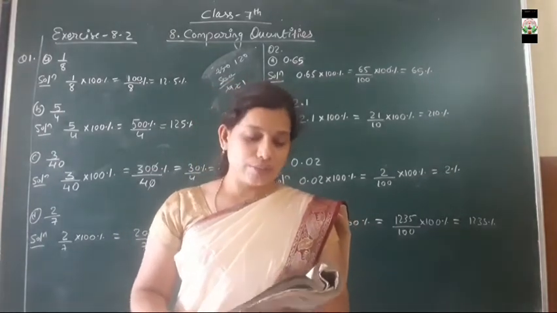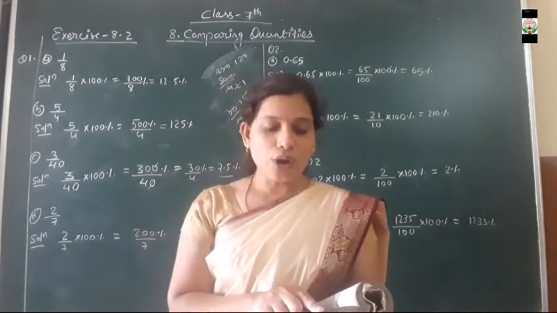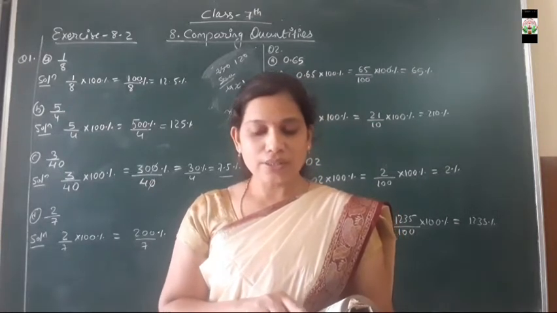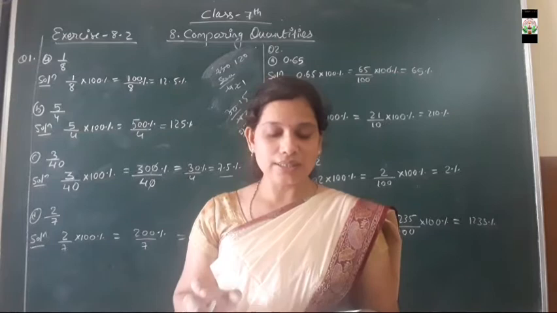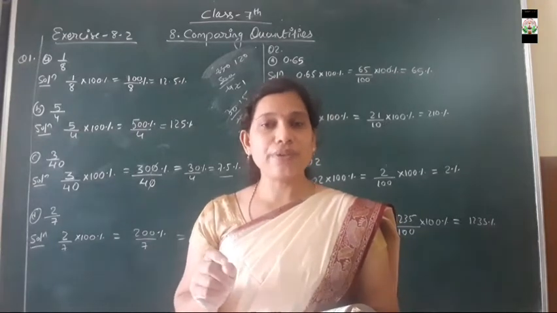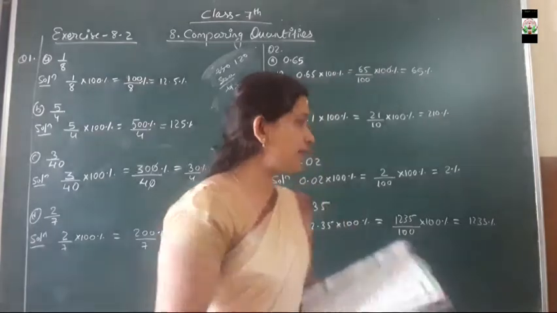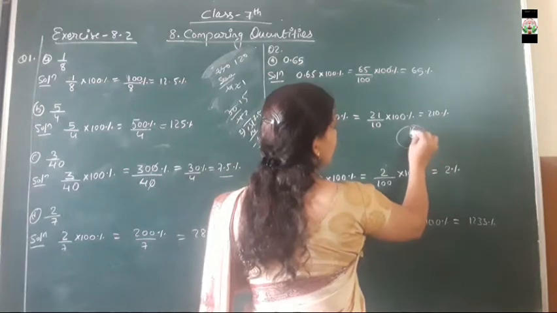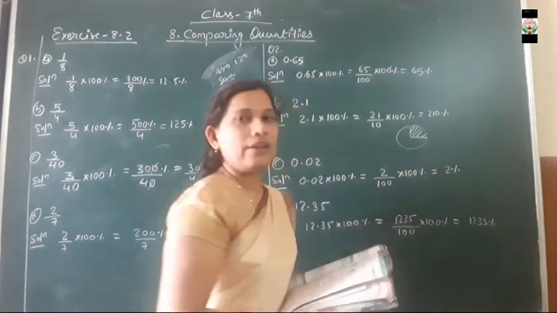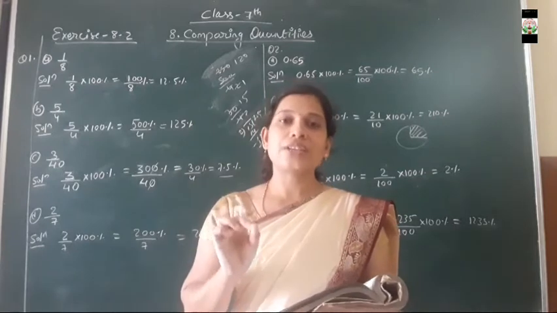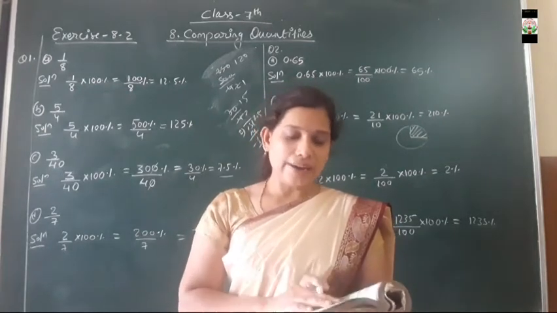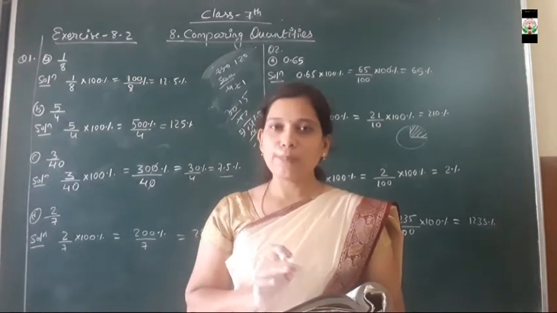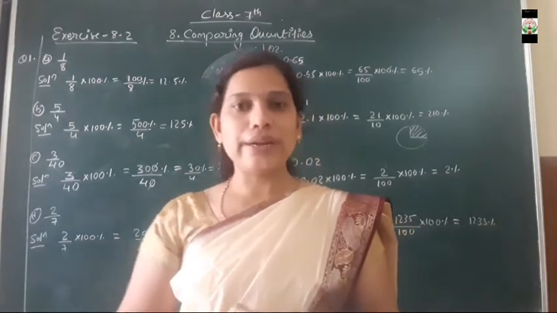Now moving toward question number 3, what it says is: estimate what part of the figure is colored and hence find the percent which is colored. That means, suppose a circle is there, isn't it? A circle is there, and we know that the circle is divided into 4 quadrants. This part of the circle is colored. Now we have to find the fraction of that particular colored part, and then that fraction will be converted into the form of a percent by multiplying by 100. So have you understood how to do that? Okay.